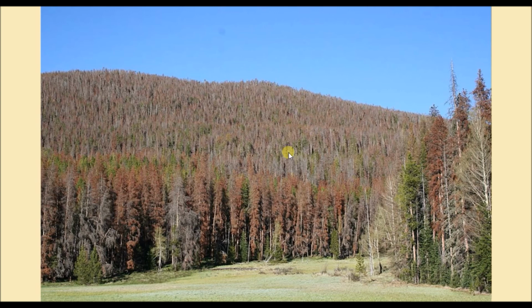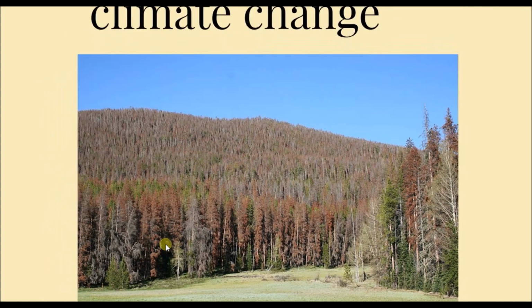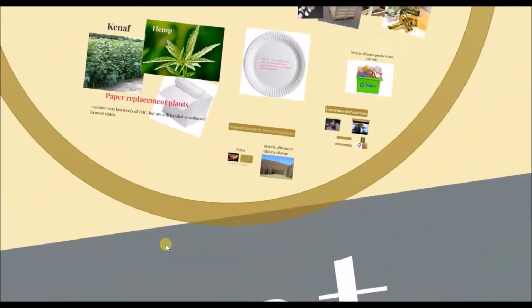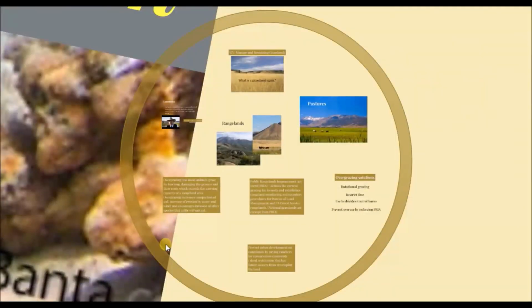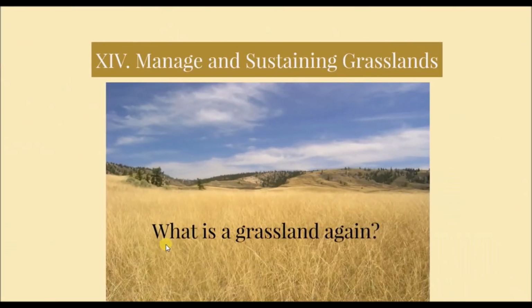And the problem is, as climate is changing, we have more and more bark beetle infestation because the winters aren't as cold. And so we have more bark beetles the next season. And then we have more bark beetles spreading from tree to tree to tree because there's just more of them from the previous season. So we can have these natural things affecting forests as well.